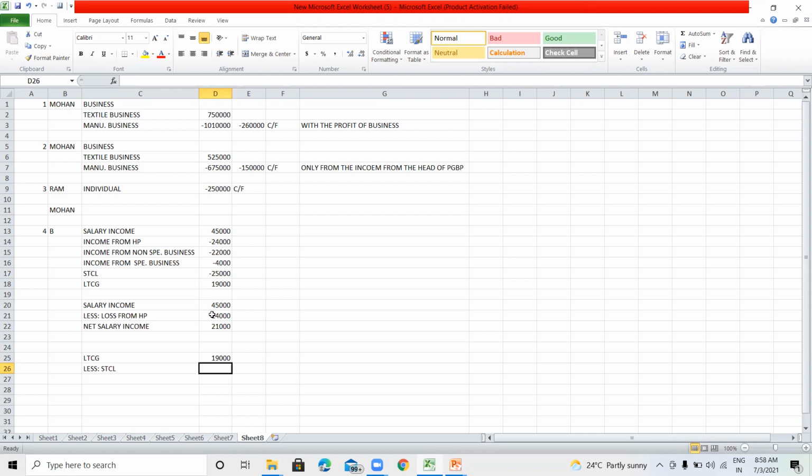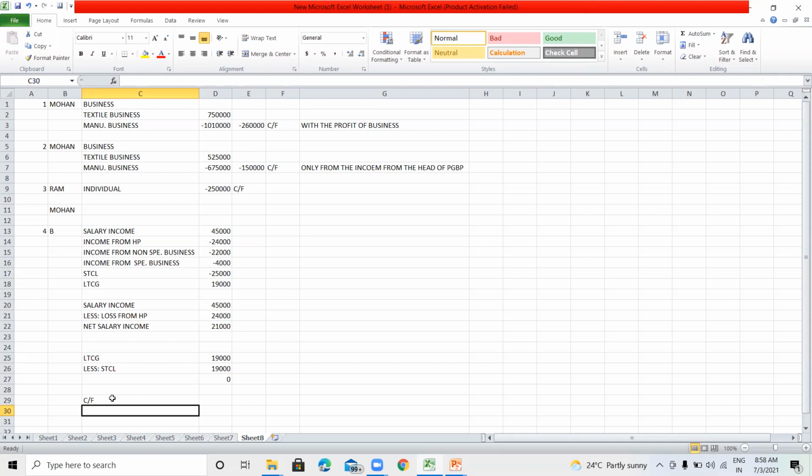So short term capital gain is 25,000, short term capital loss is 25,000, but we will set off max 90,000. So it will be zero. So in this situation,